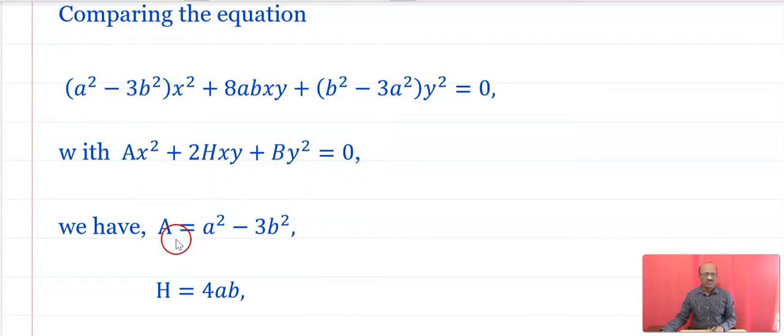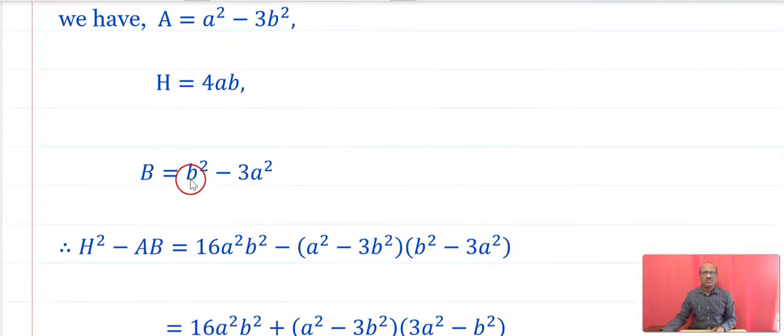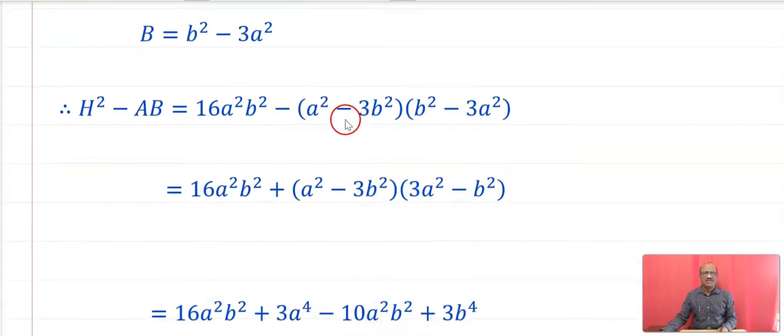Here capital A is equal to a² − 3b², and the value of 8abxy is capital H, which is equal to 4ab. Here capital B is equal to b² − 3a², and hence h² − ab is equal to the value of h, which is 4ab, its square is 16a²b², minus ab, in bracket (a² − 3b²) bracket complete (b² − 3a²), and here their